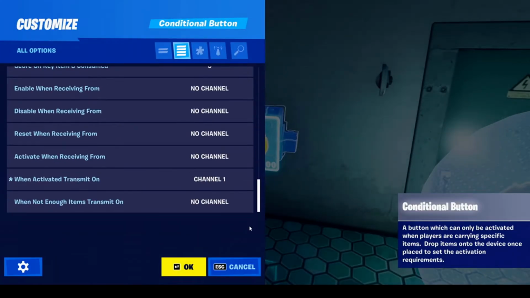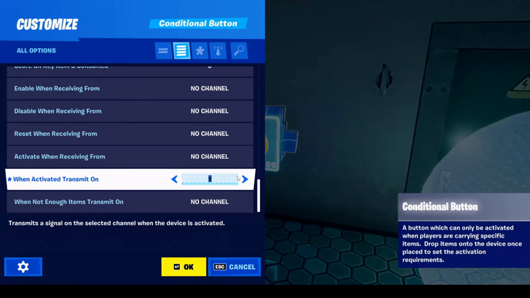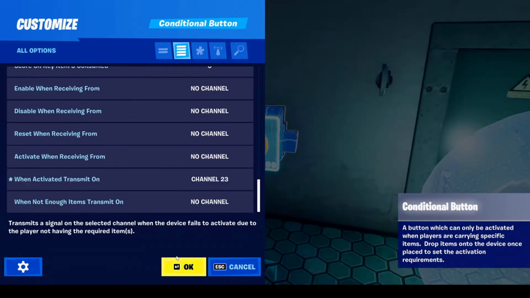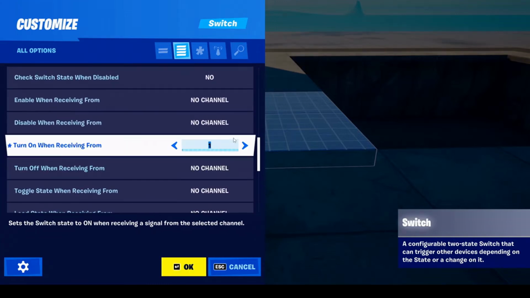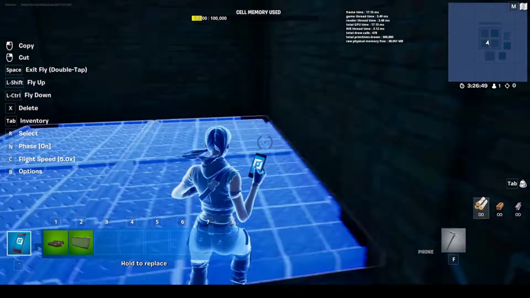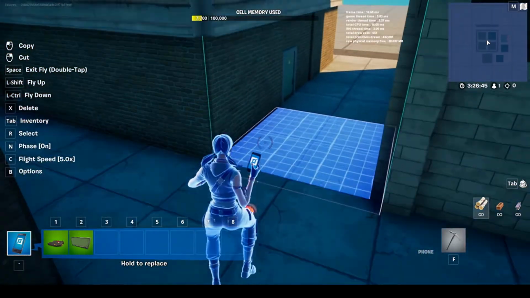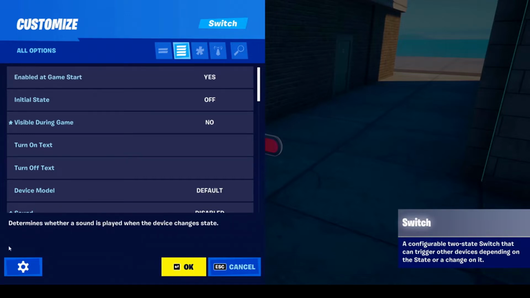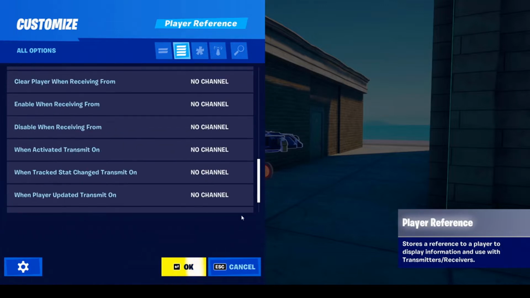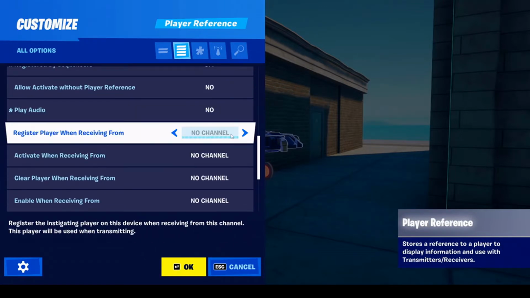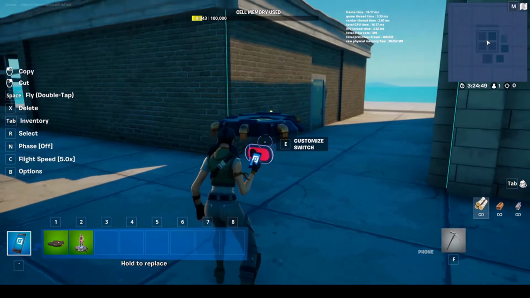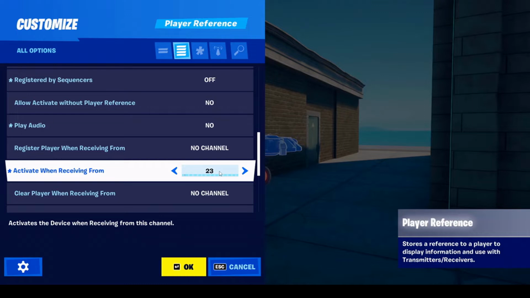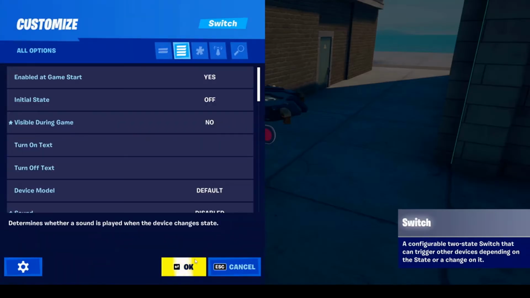Now I'm going to make sure that all of the devices that cause a change of ownership transmit on the same channel, so that when they transmit, they can all go to channel 23, turn on when receiving from at the switch, and that will cause the new owner to be added, but then also the old owner needs to be taken out. Now this player reference is how we're going to remember the old owner to turn off in the switch. So what's going to happen is activate this on the channel that registers a new owner, 23, and then when this is activated,